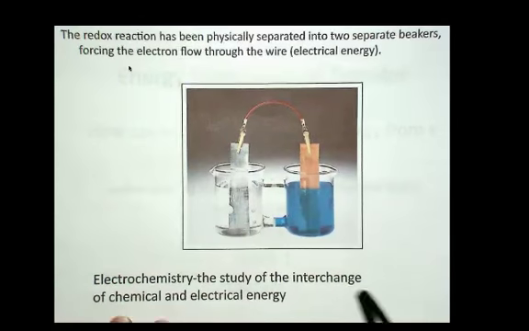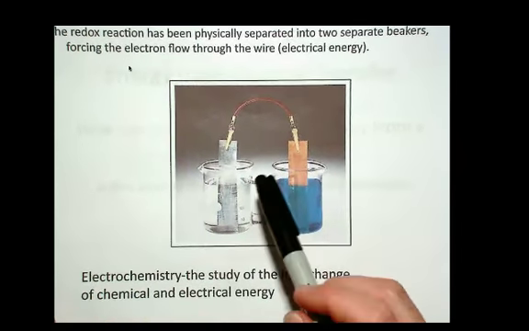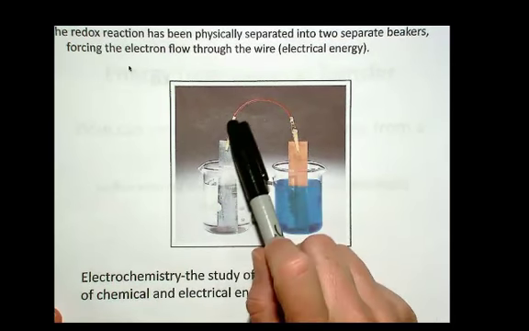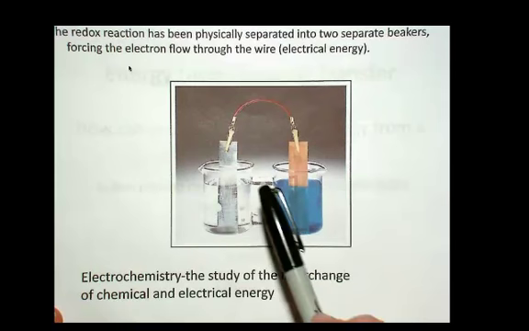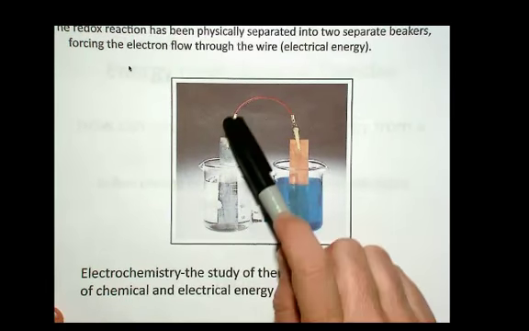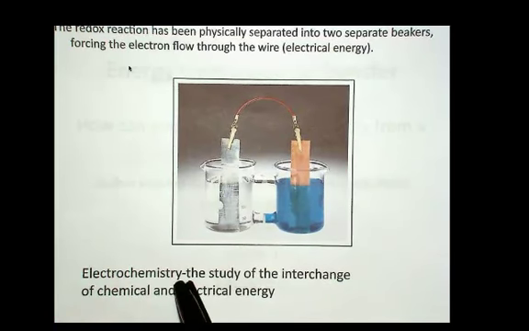In this case, we physically separate the zinc from the copper ion and force the electrons to travel through an external wire. And when electrons move through a wire in one direction, you get a direct current, and it's a form of electricity. Okay, and so this whole field, electrochemistry, is the study of the interchange of chemical and electrical